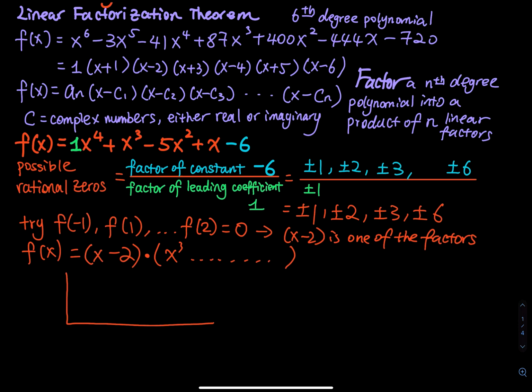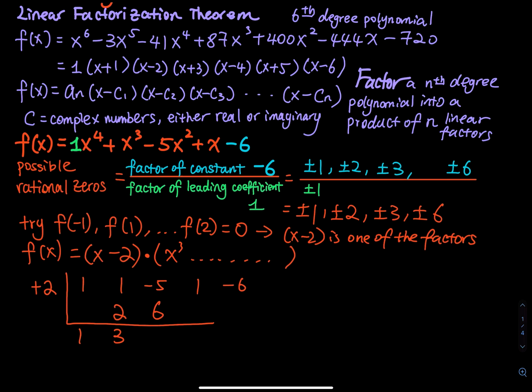So for synthetic division, you have to drop the coefficients down. So x to the fourth is 1, x to the third, the coefficient is 1, the second power is -5, first power is 1, and then the constant is -6. And then this is x minus 2, the number is always the opposite. You pull the 1 down, 1 times 2, 2 plus 1, 3 times 2,